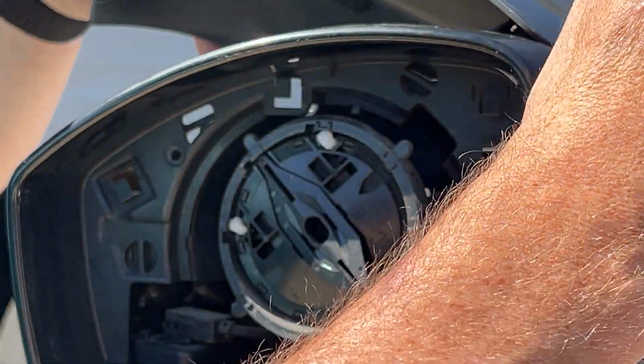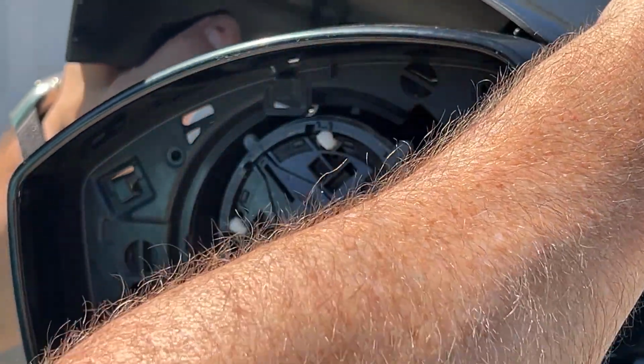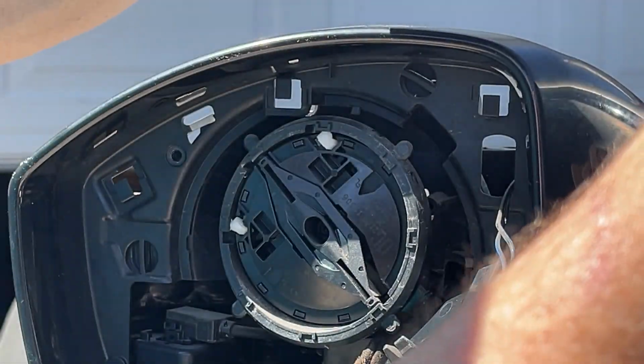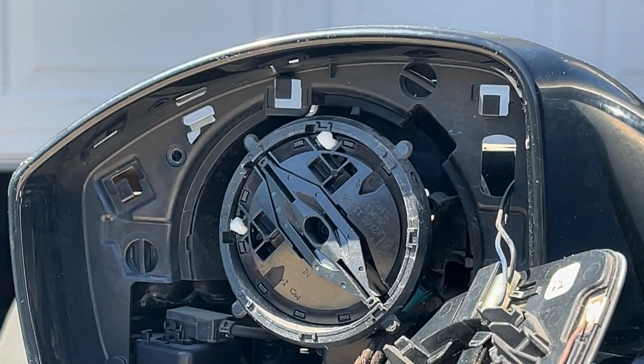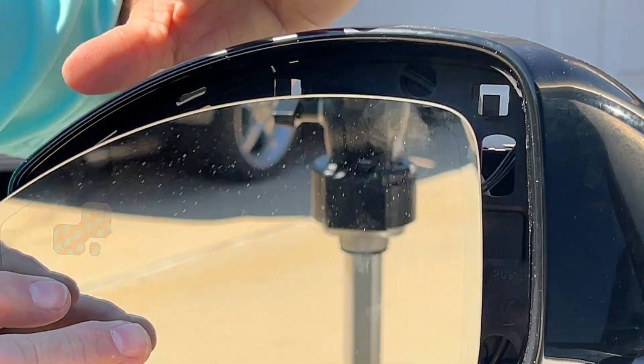Take a look. Make sure there's nothing in there. There's one little clip inside here. There we go. So you have these three clips. You have these little tiny clips right here. So, put that to the side. And now, on the back side,